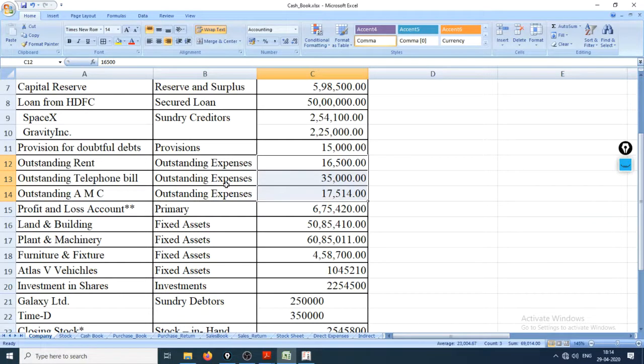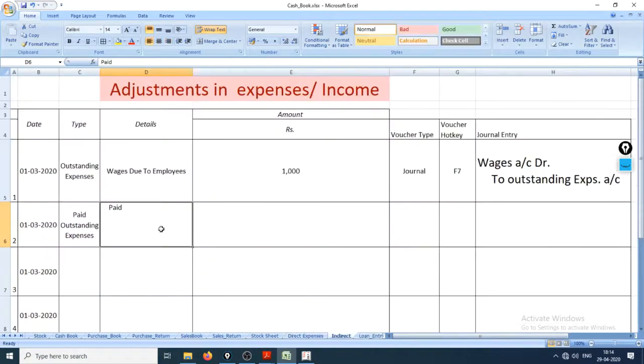Let's pay some telephone bill. Yeah, this is due for a long time, 35,000. And okay, let's pay any one of it. Anyways, you have to make entries of all of these in your account, but we are not here to do clerical work, hence we'll skip all these entries and we are only here to learn.